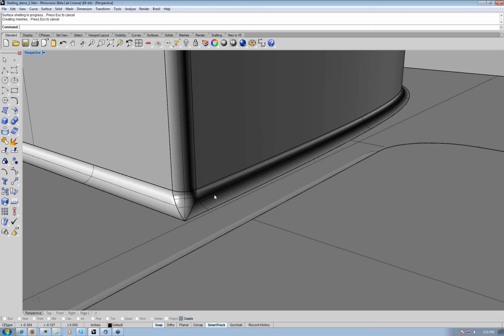And you could, of course, as many Rhino users know, split faces out and